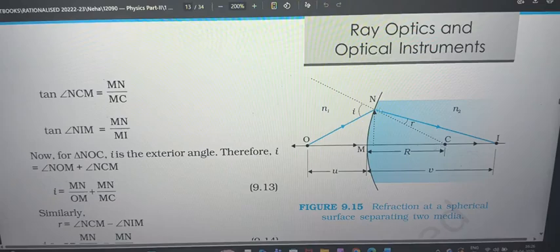Between the incident ray and normal you get the angle of incidence. Between the refracted ray and the normal you get the angle of refraction. And this is the radius of curvature. This will be the object distance, this will be the image distance. We all know this, and always mention this while writing your answer, saying that we will consider the aperture, the diameter, to be small, and also we will consider them to be para-axial rays where they will be very near to the pole. We are taking small apertures and para-axial rays near the pole because we can make approximations so that we get angles which are very small.